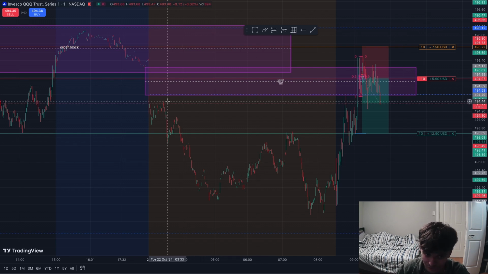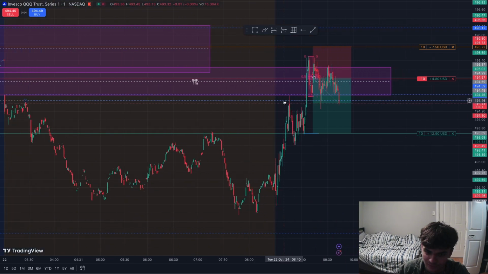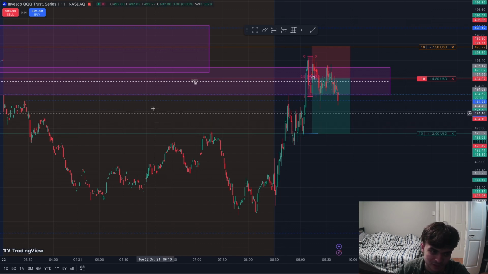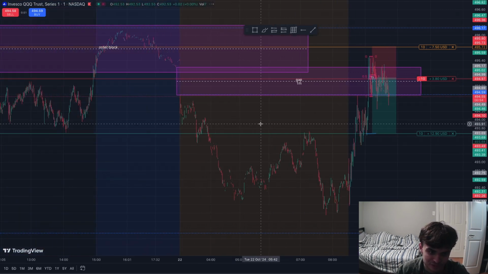But again, this is a form of liquidity. I mean, hypothetically, bro, pre-market, this was a pretty dominant high. Got swept. We had to move to the downside, filled this imbalance. Again, I don't really want to talk too much about imbalances yet, but